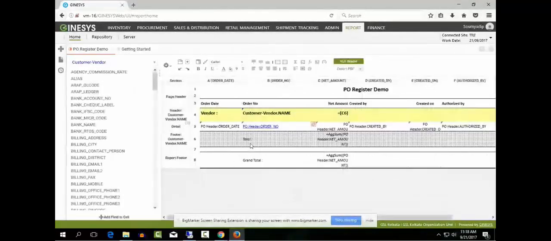Now, I designed this report in such a way that it comes vendor-wise, with PO details. So PO header has the PO order headers, right? So if I don't want an order-wise summary, I want only a vendor-wise summary, then